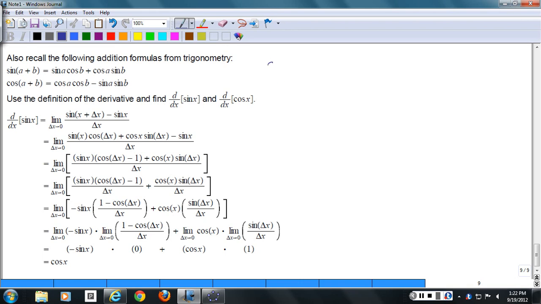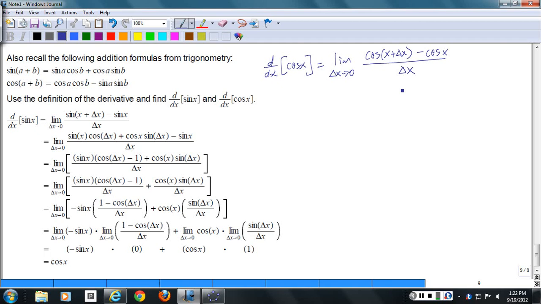Let's see. d dx of cosine x equals the limit. I said I would use this limit definition sparingly. I'm going to have to use it for this one, going to have to use it for a logarithmic function, but hopefully not for too terribly many more than this. Cosine of x plus delta x minus cosine of x all over